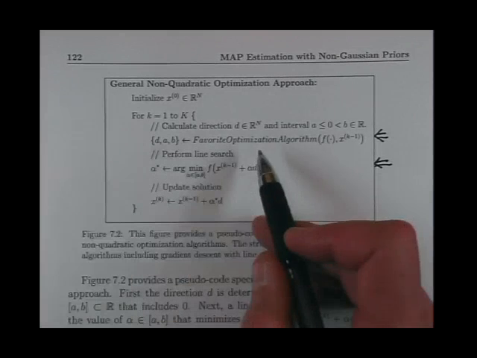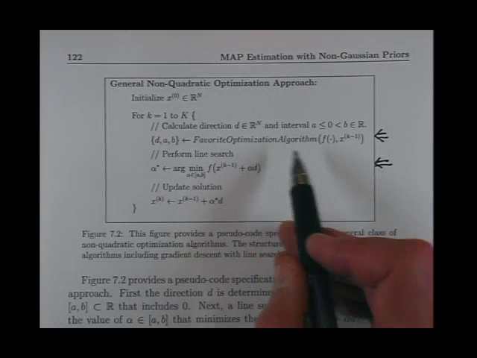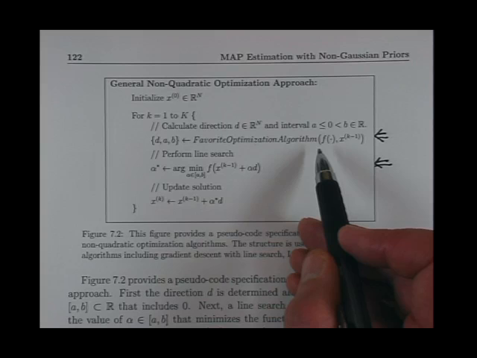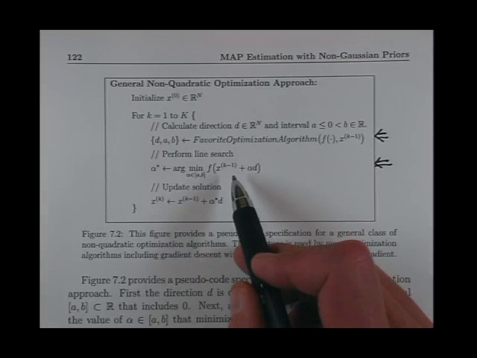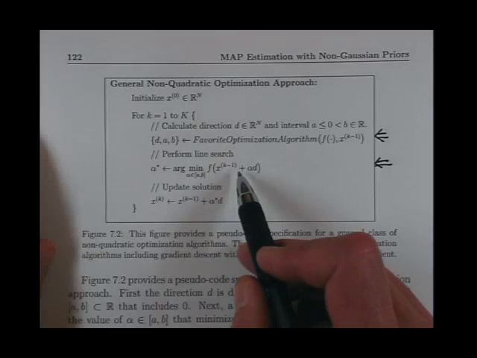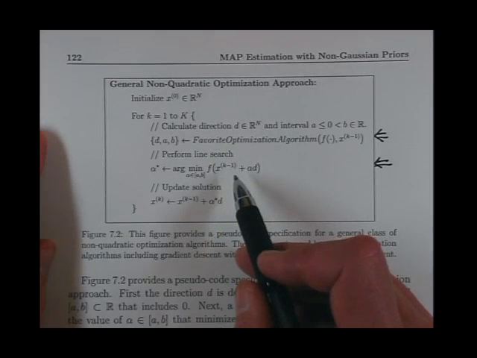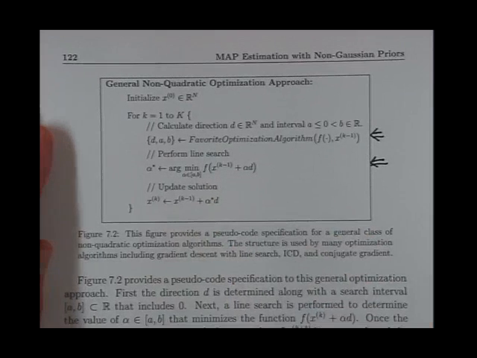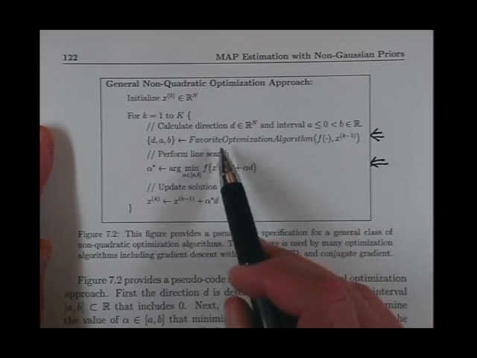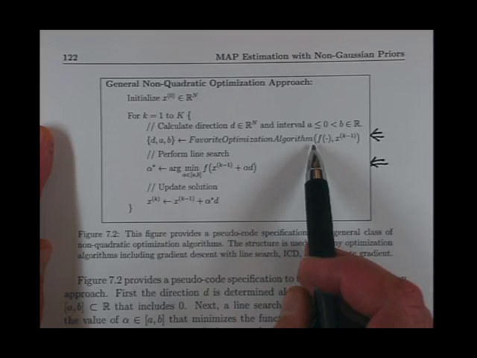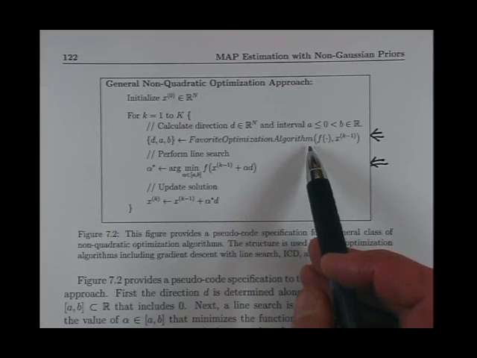Now, if you're using gradient descent, then this is just the complexity of computing the gradient. So the line search is not always the dominant cost, but it's often an important cost. And if you have, say, a quadratic optimization, then the computation associated with the gradient is essentially,